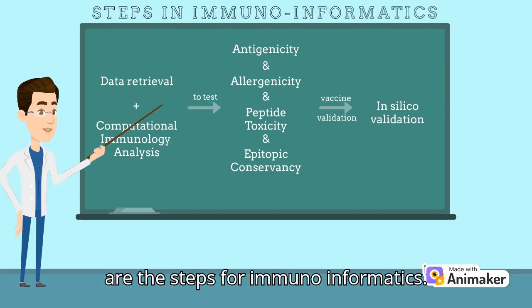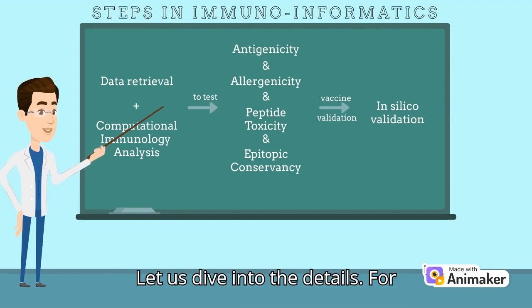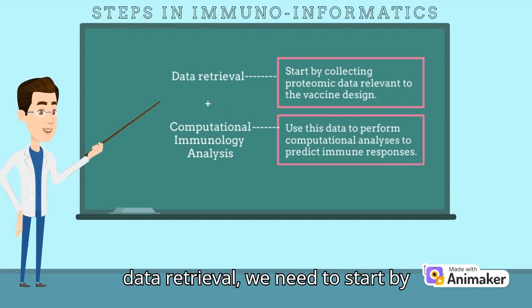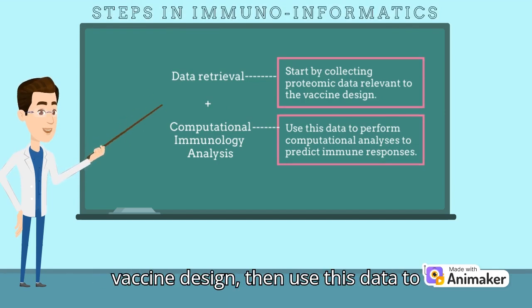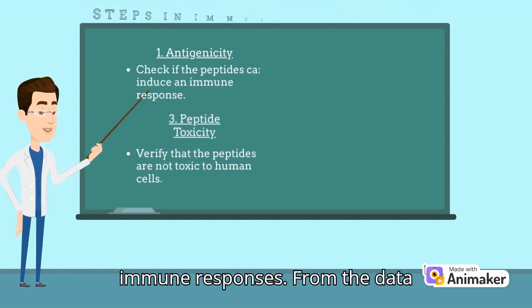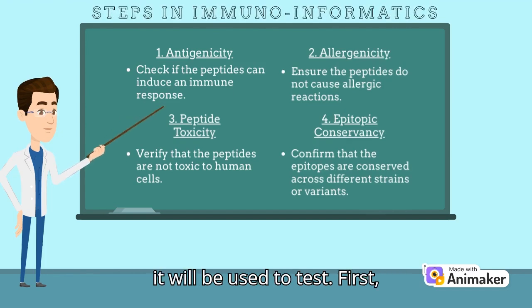These are the steps for immunoinformatics. Let us dive into the details. For data retrieval, we need to start by collecting proteomic data relevant to the vaccine design, then use this data to perform computational analyses to predict immune responses. From the data, it will be used to test: